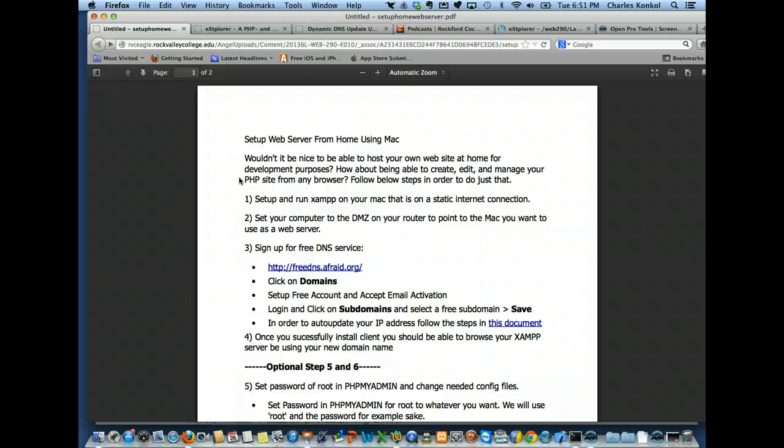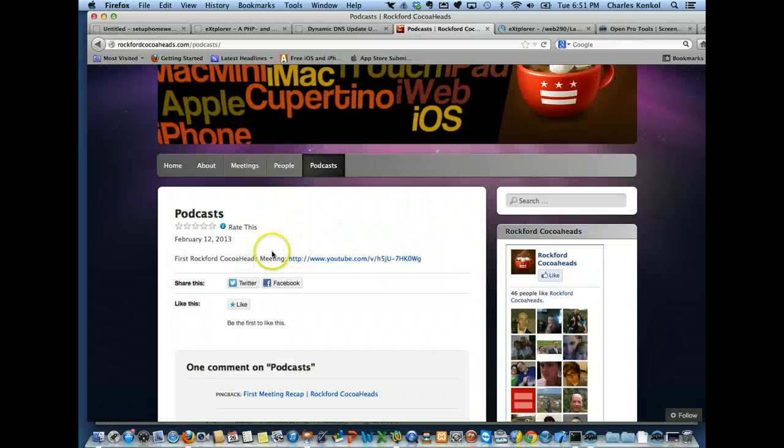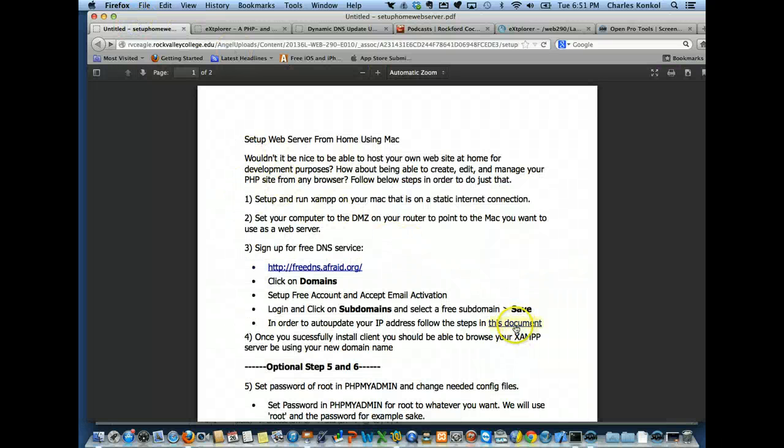If you follow these steps, in fact, I will put this PDF on our website on Rockford Cocoaheads. I'll put it right in the podcast area. The first page will load first, this one here. And then when you click on this document,